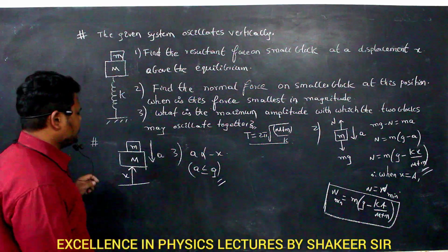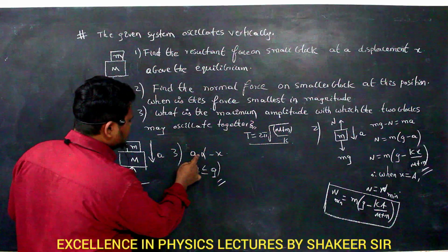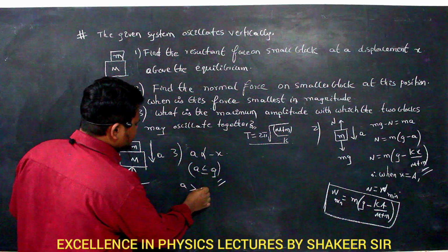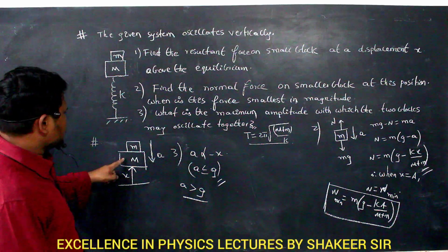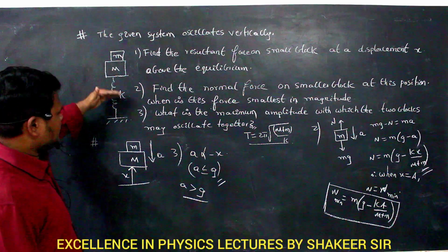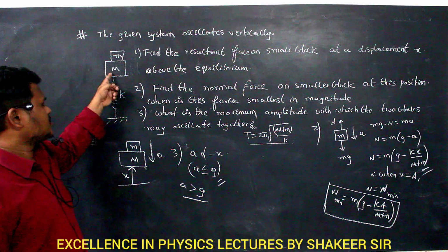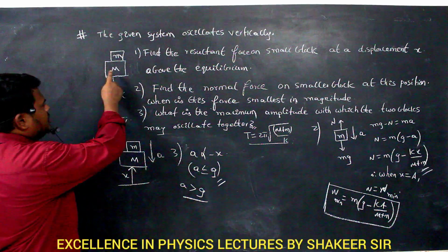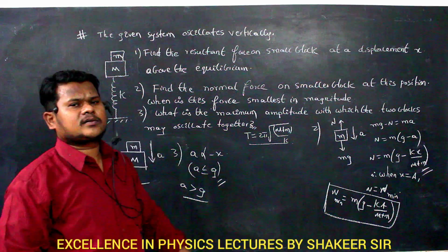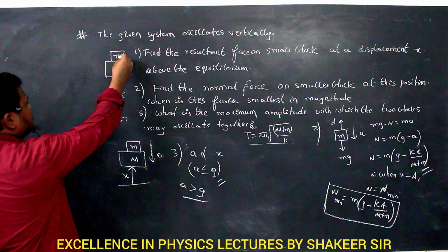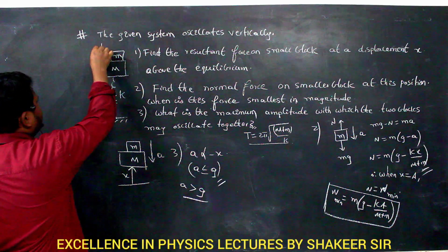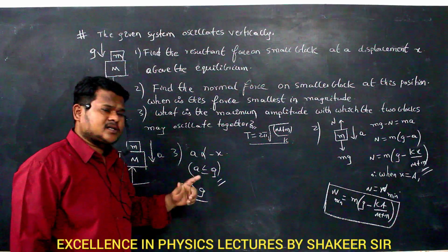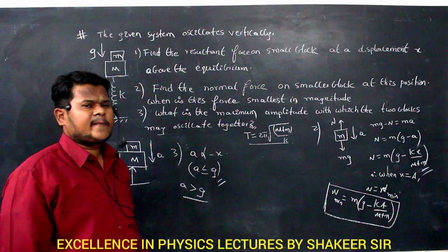How? Let us explain. For example, if the acceleration produced in this system because of maximum amplitude is greater than g, then what will happen? This block is connected to the spring, no? So it will definitely come down with this acceleration. But small m is not connected to capital M, no? It is just placed on capital M. So what is the maximum acceleration with which small m can come down? It can freely fall only with an acceleration of g. Clear? But this block is coming down with an acceleration greater than g. So definitely these blocks will lose contact.